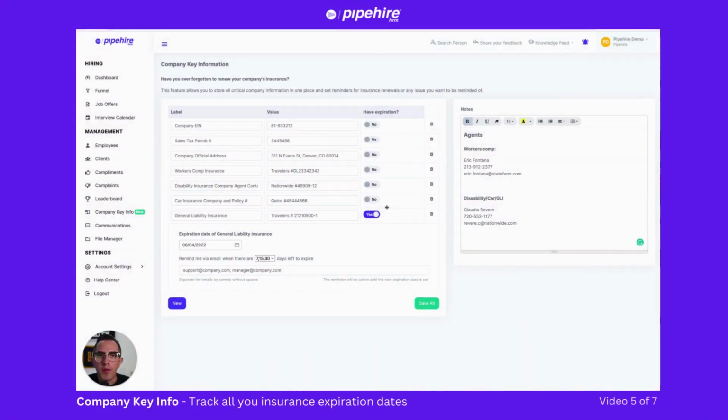You're growing your company and you have more people in your office, you're also going to forget about things because you stop running the business day to day. One of the things that always happened to me a lot was that I forget about our insurance expirations, all of that. And right here we created company key information, and it's basically a reminder, a way to track all your important company data such as company EIN, sales tax permit, address,